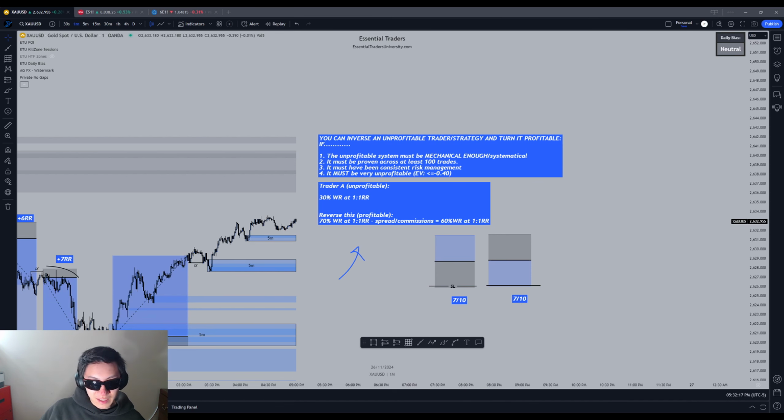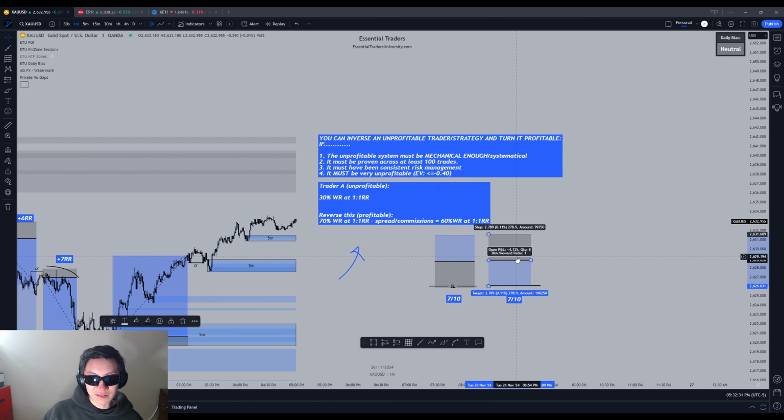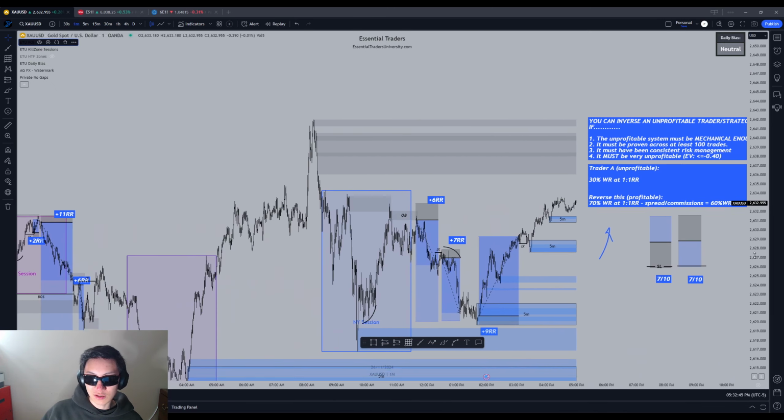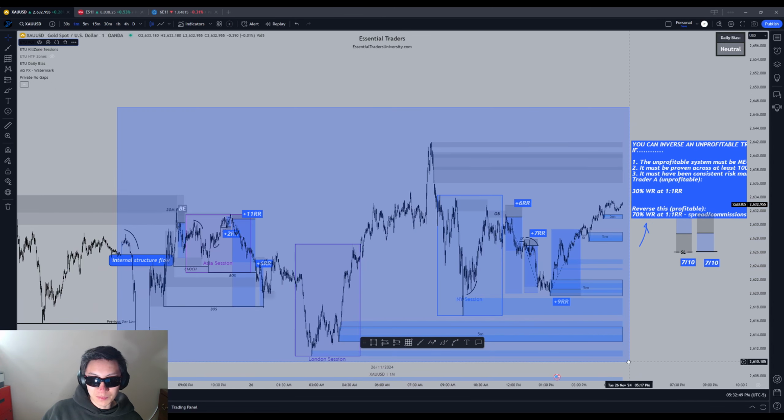Assuming your entry is the same, which it should be, reversing their system, meaning the same exact entry point, just your stop loss and TP are reversed. You have 7 out of 10 TPs, and 3 out of 10 stop losses. It's a lot of wording, but you guys know what I mean here. I hope I don't need to draw it on my chart to display basic math, but if I have to,